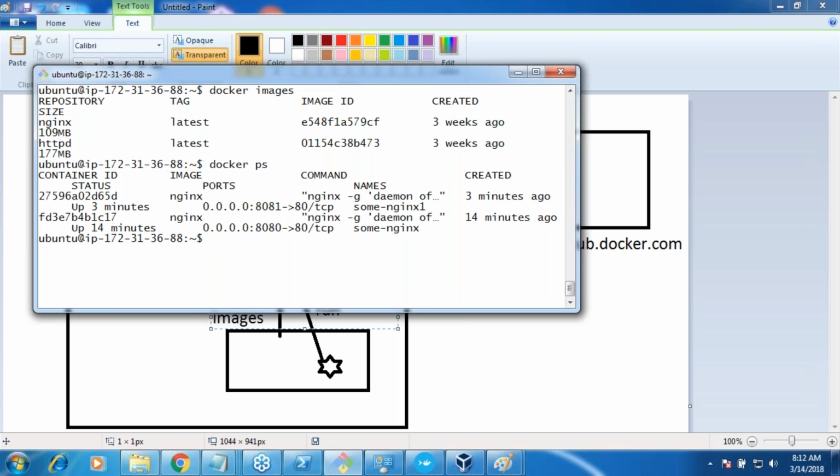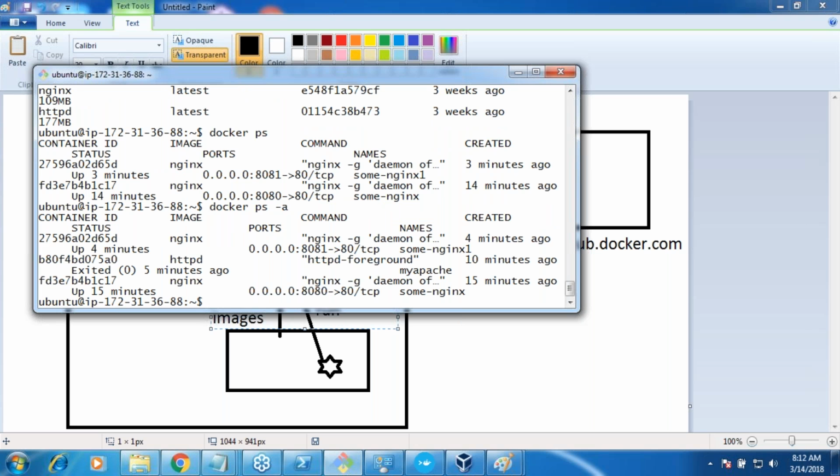But if you remember, we have created three containers. We created HTTPD, and we created two Nginx containers. How many am I seeing now? Two, because the other container I have killed. I did Control C, if you remember. But where can I see the other container? Just say Docker PS minus A, which is all. Are you seeing three things now? Docker PS will show you the containers which are running. It will not show the containers which you have stopped. So if you want to see all the containers, you use the command Docker PS minus A. Fine, are we good? Yes.